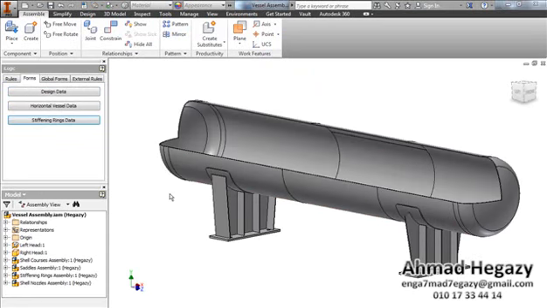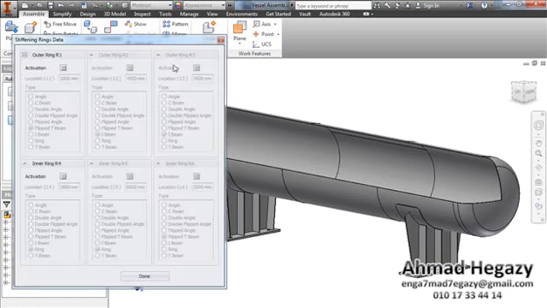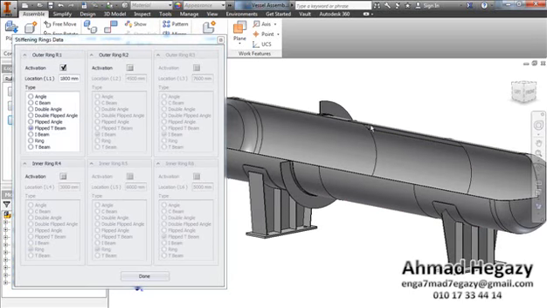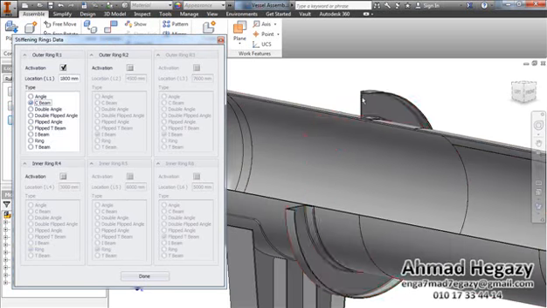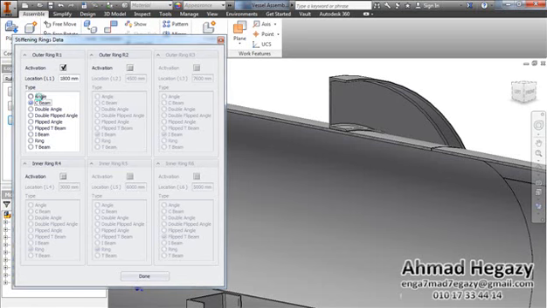After that we will add stiffening rings to this vessel. We will open the stiffening rings data, and from this dialog box we will activate the first external ring like that, and we can change the type of that ring like that,